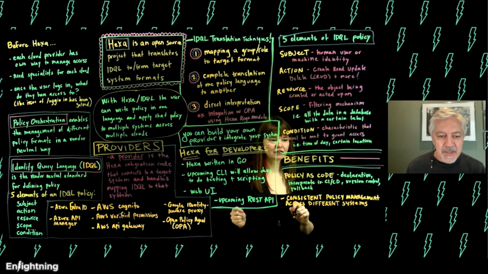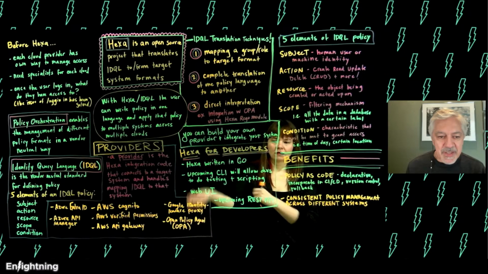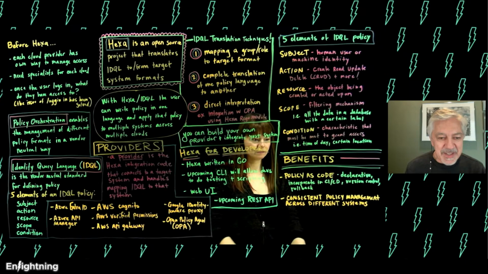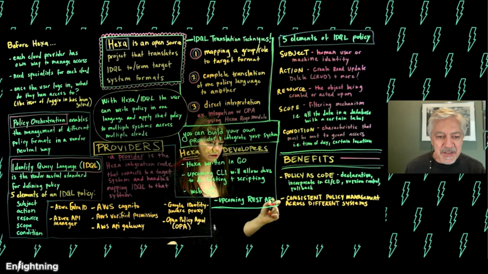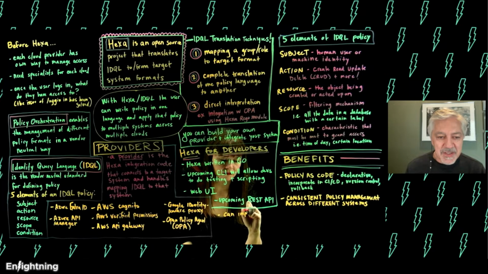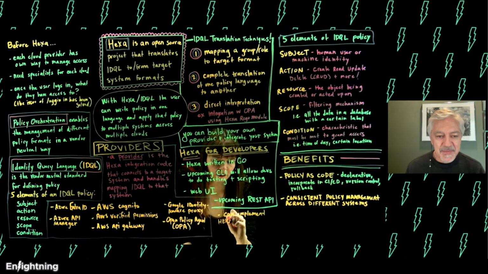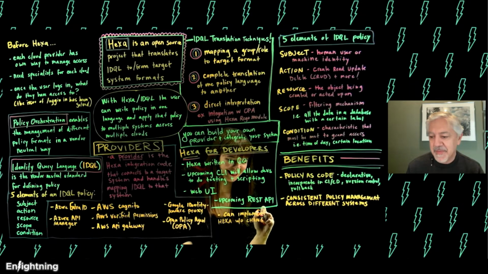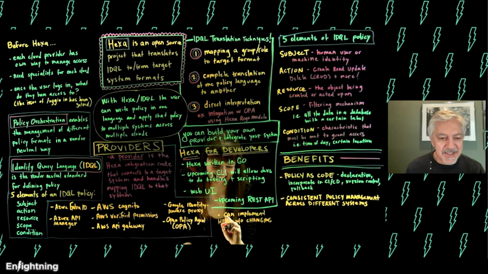Wonderful. And we can implement Hexa without changing the target system. I think that's maybe something we've implied here, but it's worth calling out because we're just connecting to the publicly available APIs that these systems create. I like that. Can I do one? Sure. I like the avoids vendor lock-in one. Okay, nice.